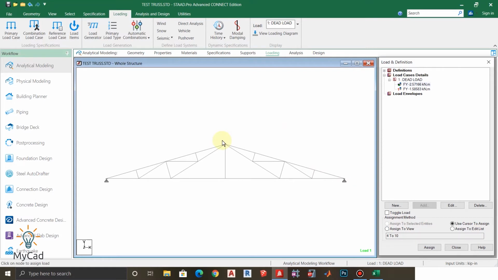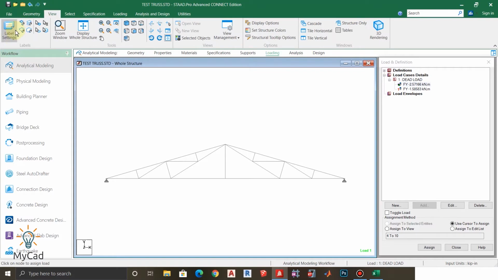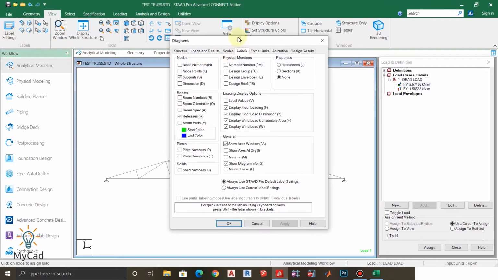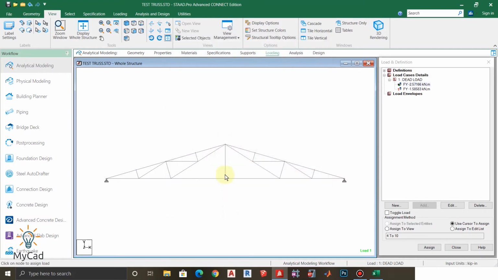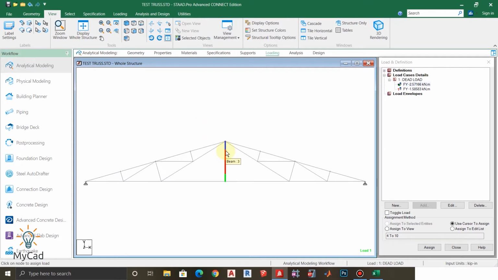As you can see, the loads are not visible. So to fix that, just go to view, label settings, and from this window you can get the scale option. So you can see the load scales are too high. I'll just click on this and change the point force to 2 kilonewton per meter and press apply and click on OK, and now it's also not visible.